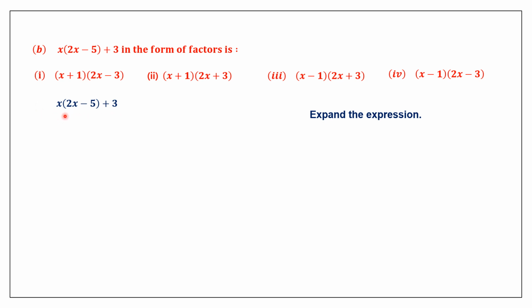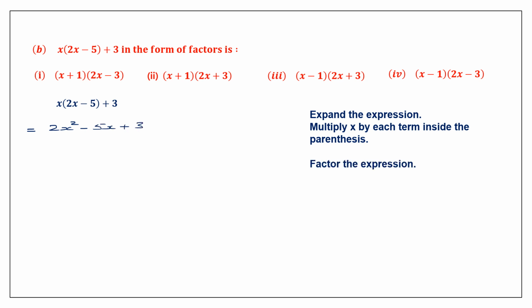Now, how do we expand it? We multiply x by each term inside the parenthesis. So x into each term inside the brackets here. Let's expand it and see. x into 2x is 2x squared, minus x into 5 is 5x, plus 3. Now we have a trinomial here. Now we are going to factor this